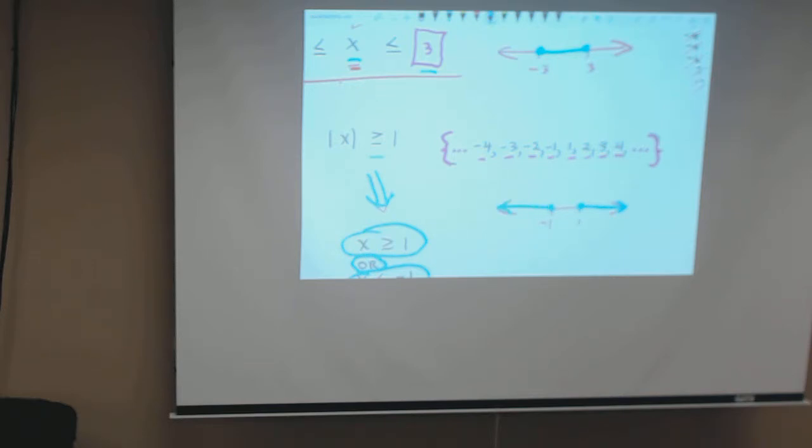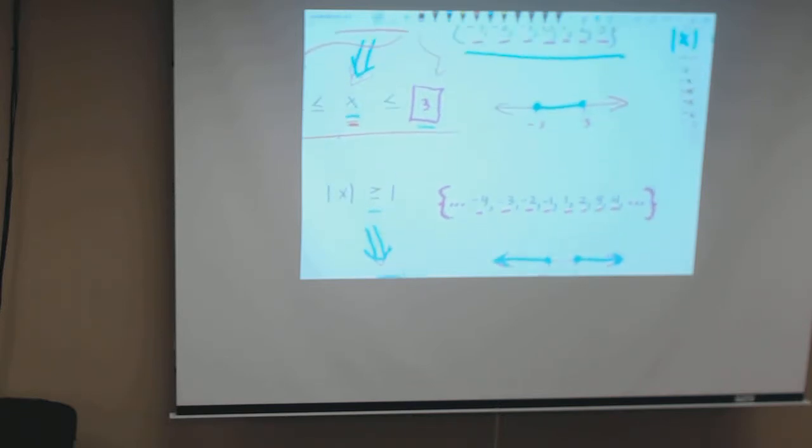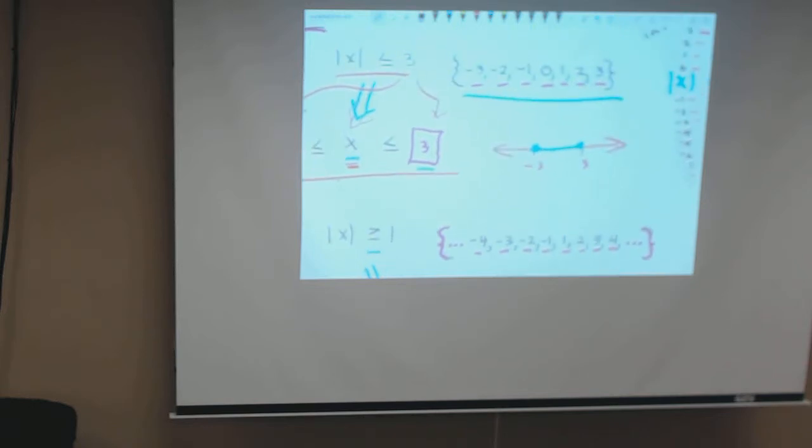So see, when it says the absolute value is greater than that number, then it starts at those 2 points and goes out. If it says it's less than that number, then it starts at those 2 points and merges in. So maybe drawing a number line to represent where it says greater than,